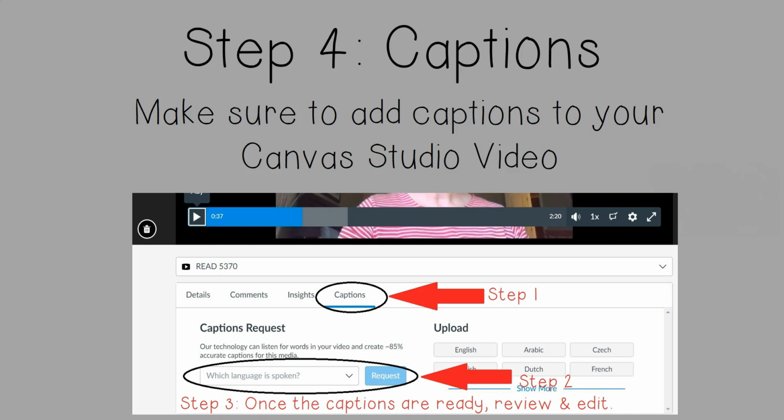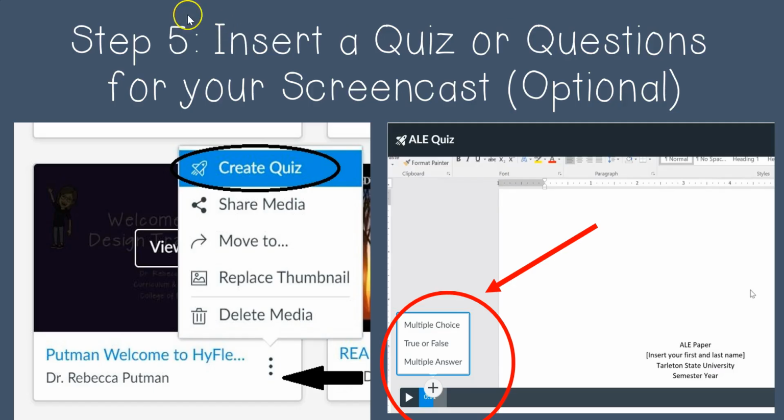For the most part, these captions are pretty accurate. However, if you're in a technical field or a scientific field, you will probably have to do some edits on your captions. All right, step 5 is optional, but if you'd like, you can insert a quiz or questions during